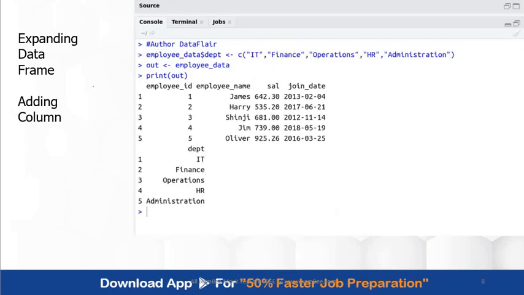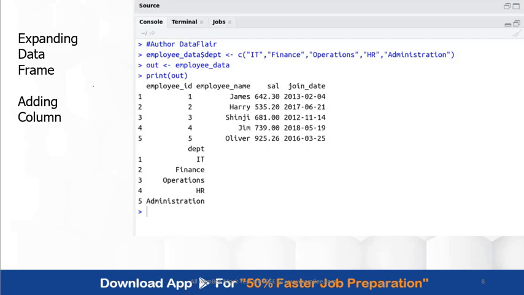when you don't want the entire scenario. Now, how do you expand the data frame and add columns there? Let's say you want to expand your data frame by adding some extra columns which are originally not part of your data frame. How do you do it? You just take that data frame and insert into it. Here in employee data, you are going to insert a department column, and you just want to have individual data there.